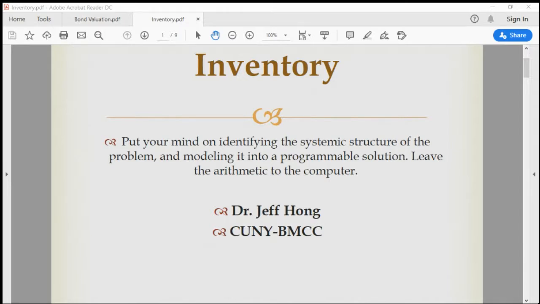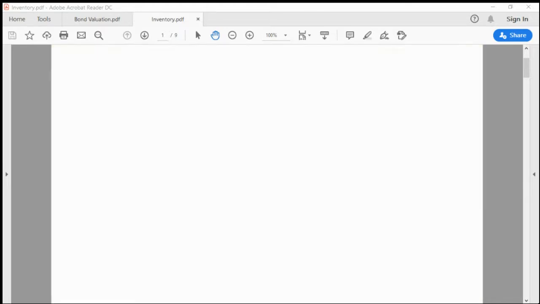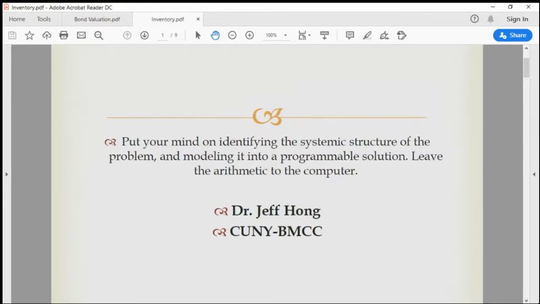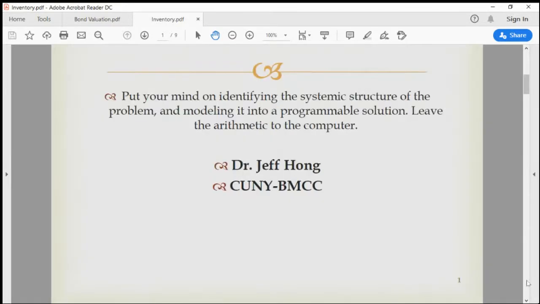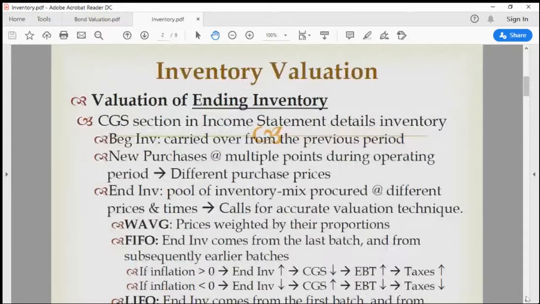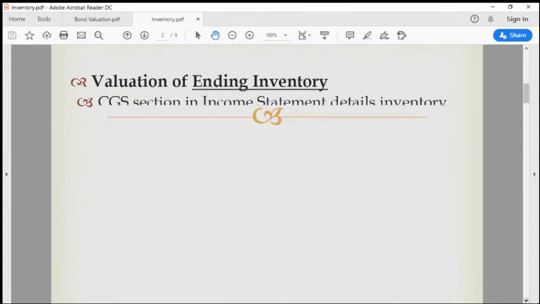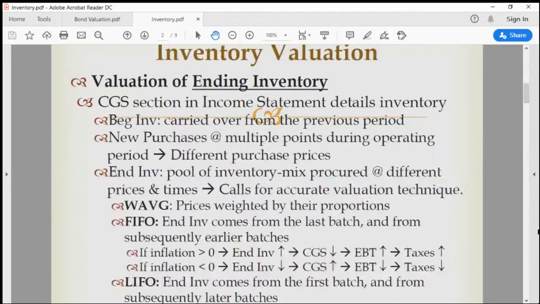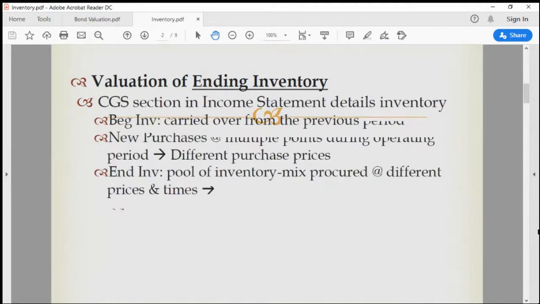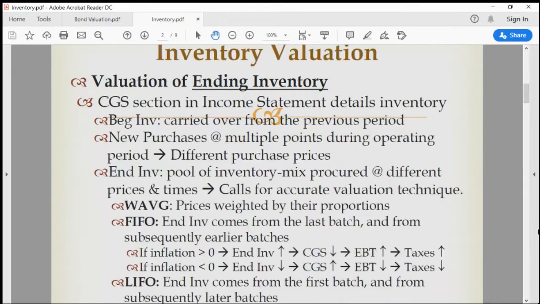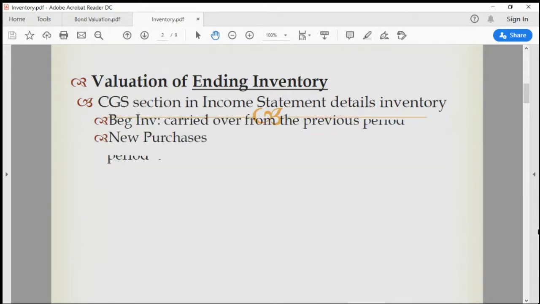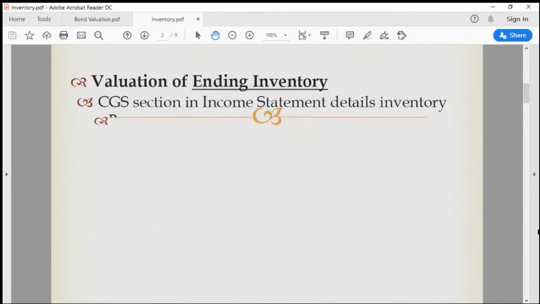And today's topic is inventory valuation. So, in our last class, we talked about inventory estimation, and today it is inventory valuation. So, what's the difference between inventory valuation and inventory estimation? Well, as I said before in our previous classes, inventory estimation is to literally estimate or get a rough estimation of the CGS, cost of goods,